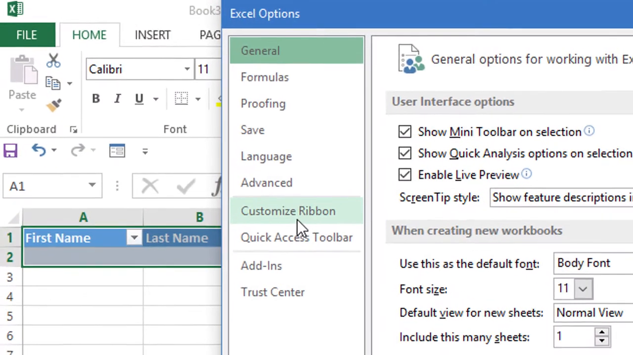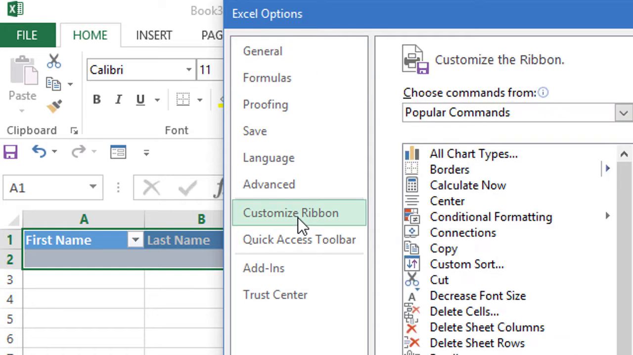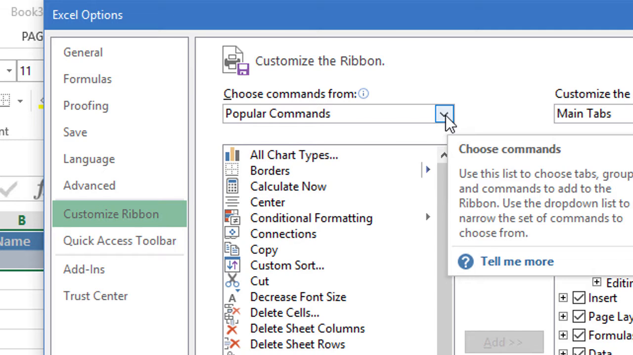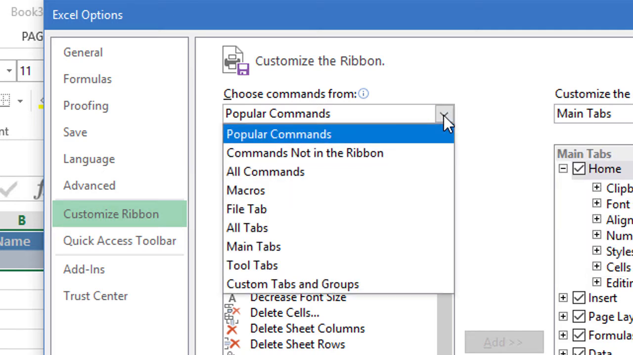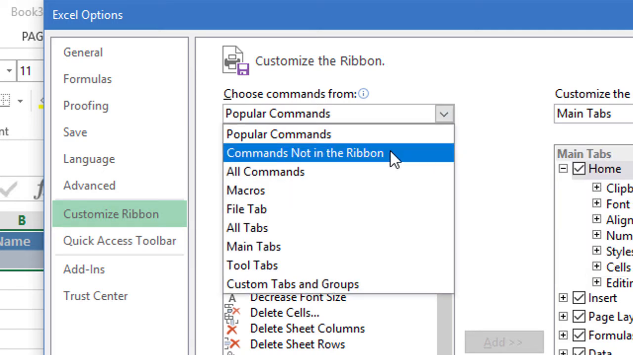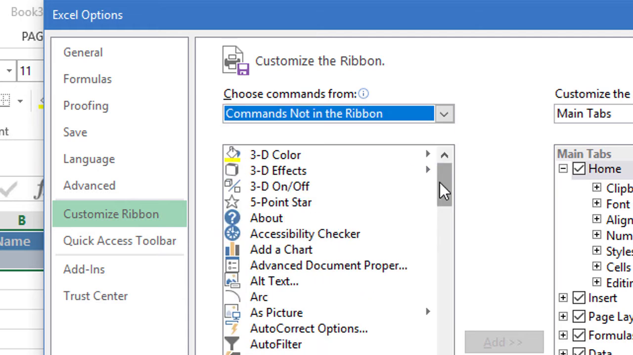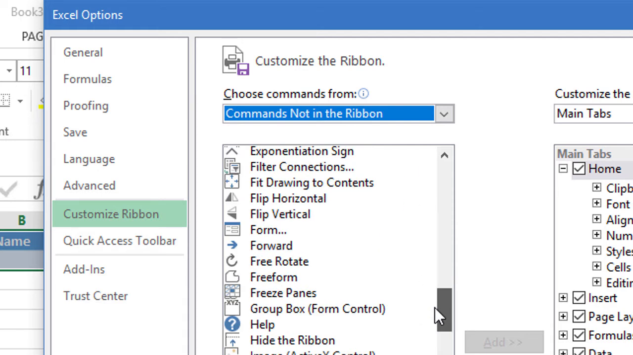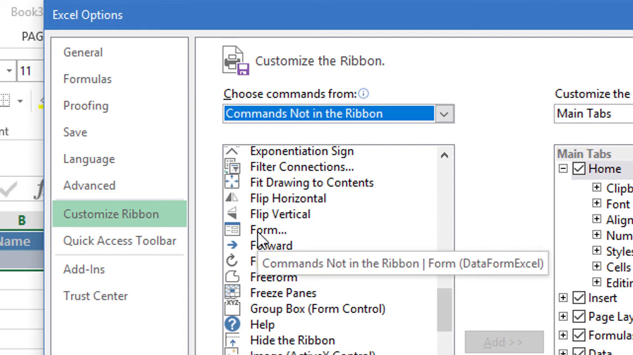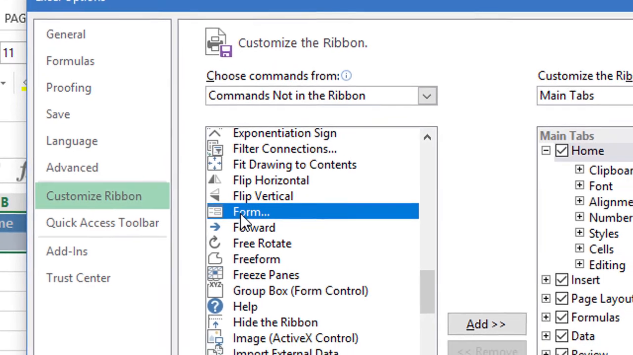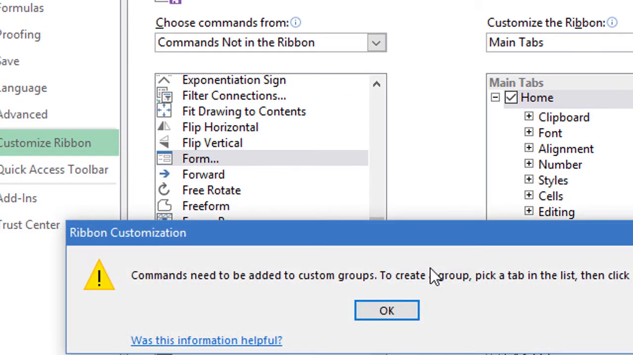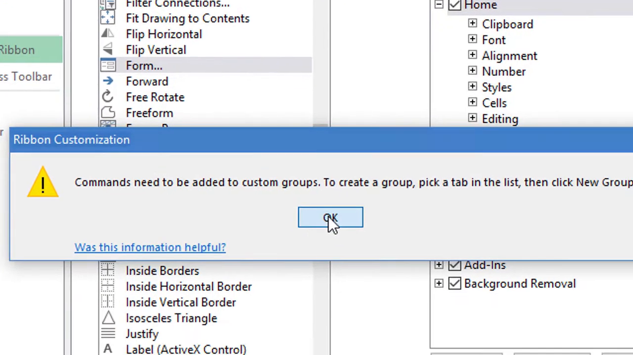and click on Customize Ribbon. Now click on this drop down list and select Commands Not in the Ribbon. Scroll down and navigate Form. Select Form. Now click on Add, make OK